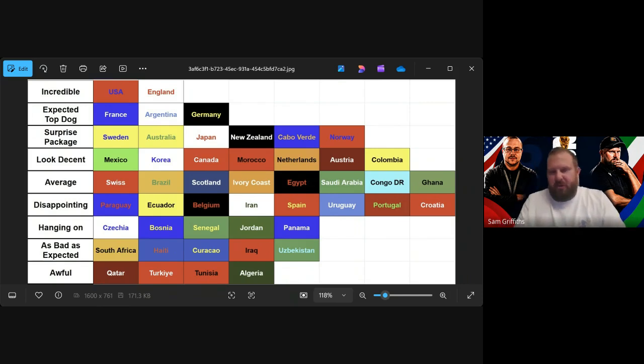And do you know why? Because look at what happened to Qatar. Qatar did that in their first game, got a point, got demolished in the second game. Bosnia did that in their first game, got demolished in the second game. It's not really worked for the teams that have sat back. They might get one good result doing that, but I don't think it's going to see them far enough in the tournament.